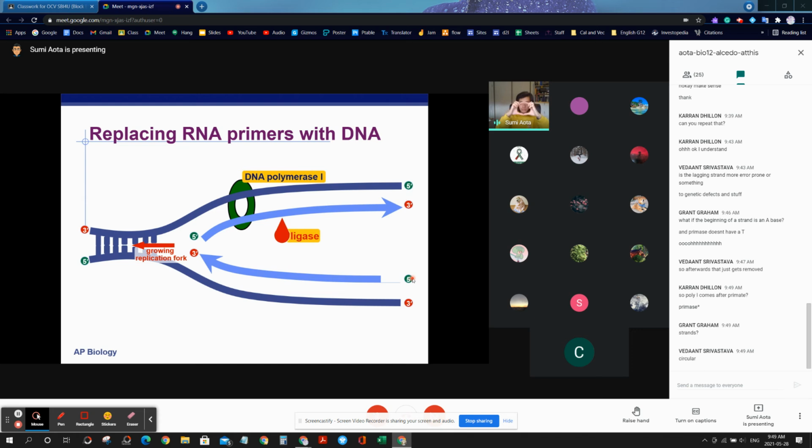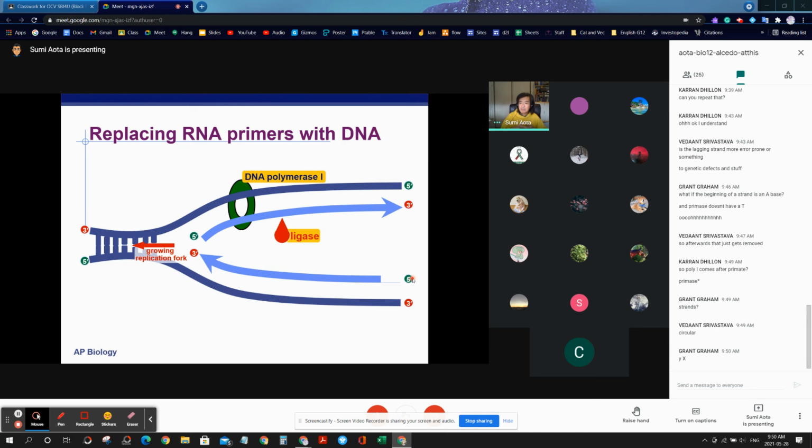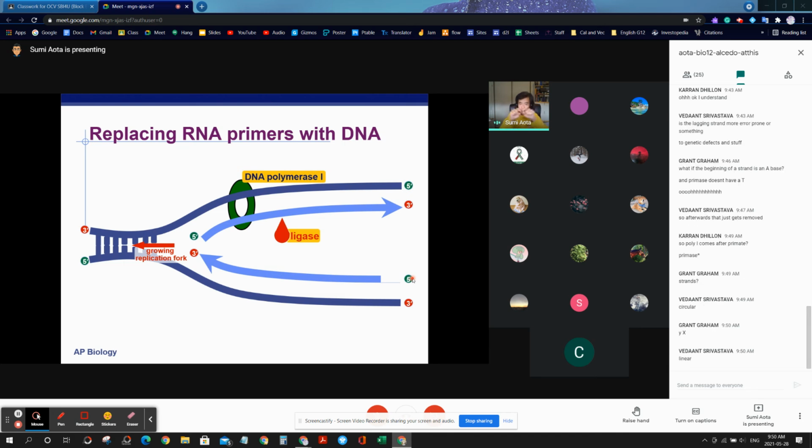What shape do eukaryotic chromosomes have? Yeah, they're straight, they're linear, they're not continuous. So if we come to the end of a eukaryotic chromosome, because there literally is an end because it's linear,